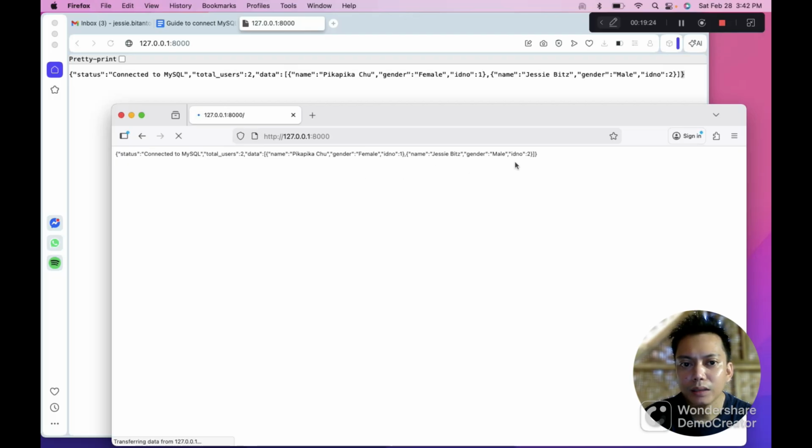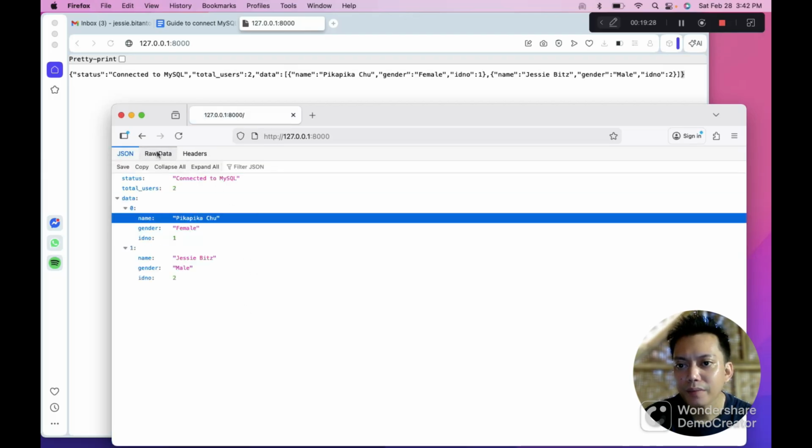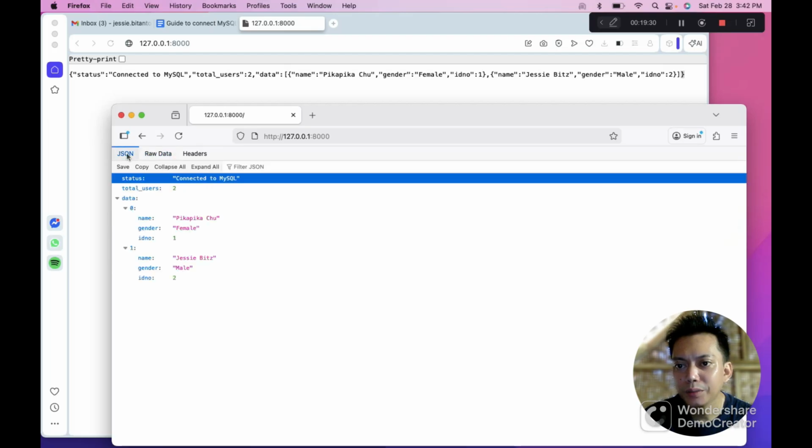See, it displays the data, raw data, JSON format. See that?